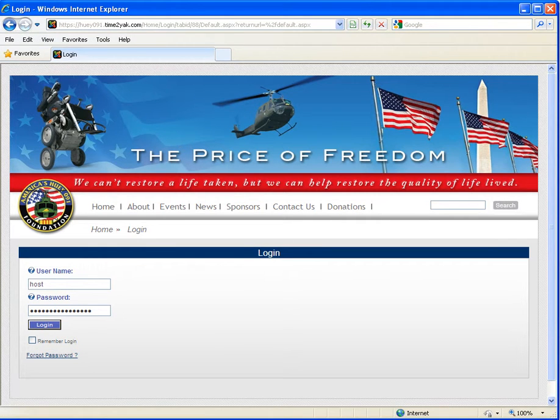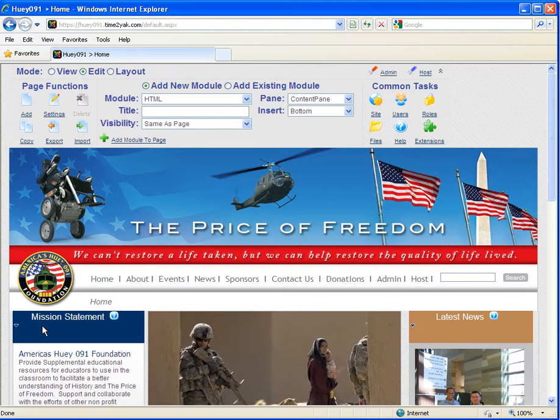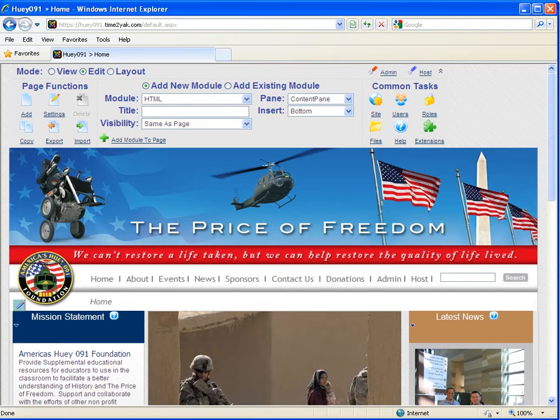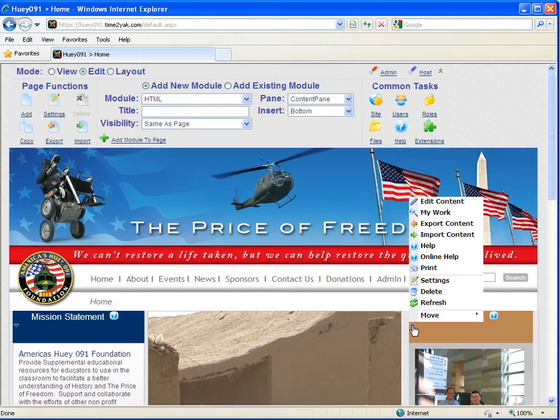So I've now put my password in. I'm now going to log into the website. Obviously I click login and it will take me back to, here we are, back to the home page. But now we've come in over HTTPS. You'll notice there are small differences in the appearance. This is because it's adding in menu items